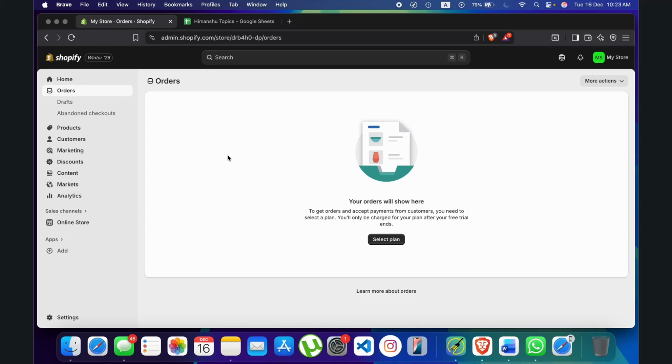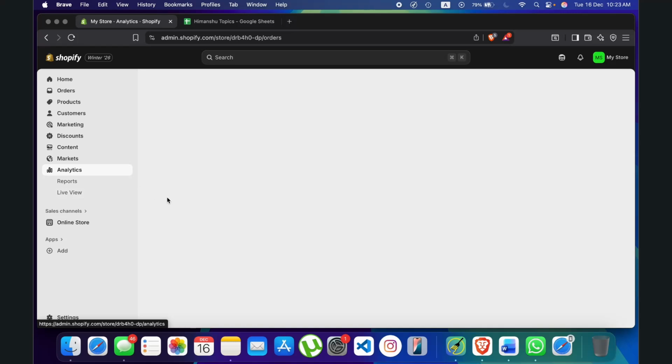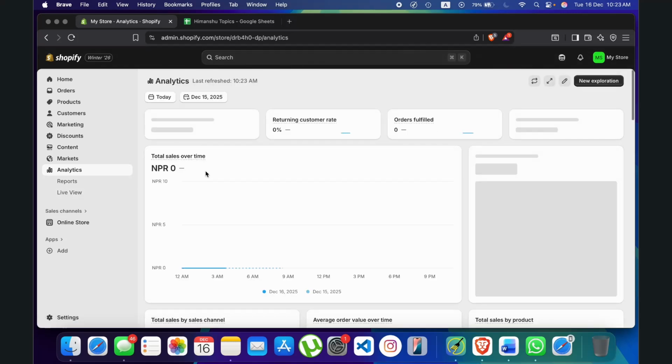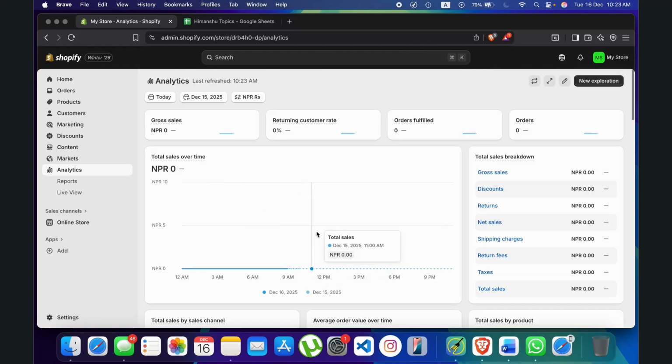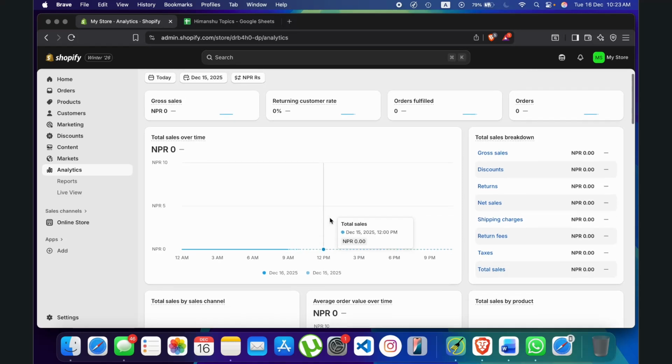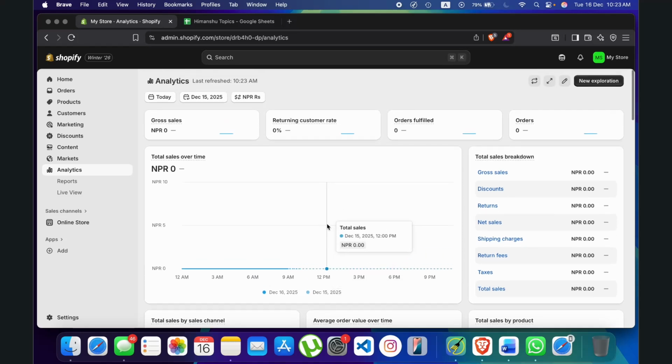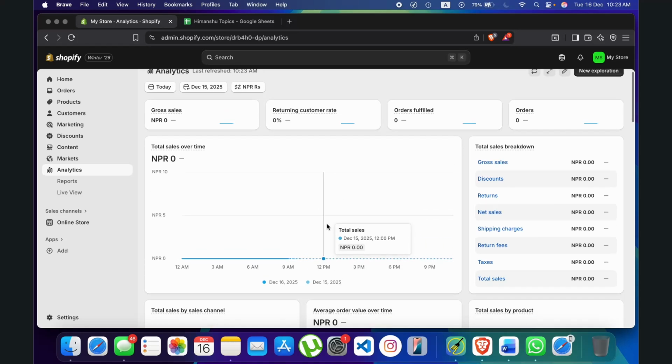To use Shopify Analytics, firstly, simply log into your Shopify account at admin.shopify.com and click on Analytics right over here. And now in your Shopify admin, you can see your overview of sales, traffic, customers, and then you can also